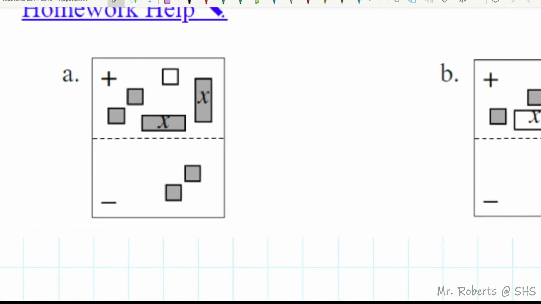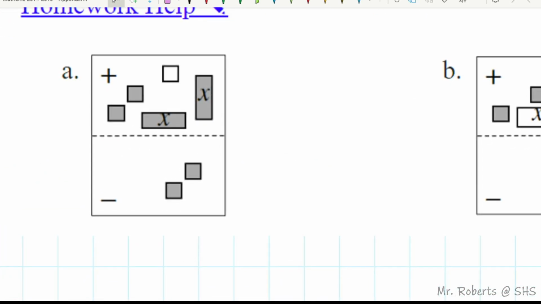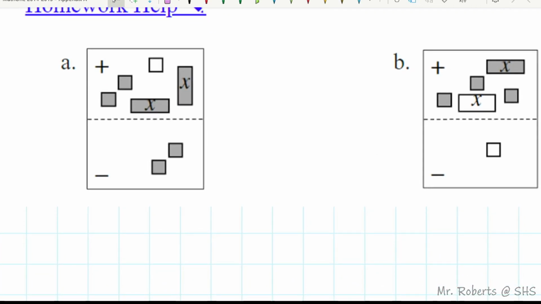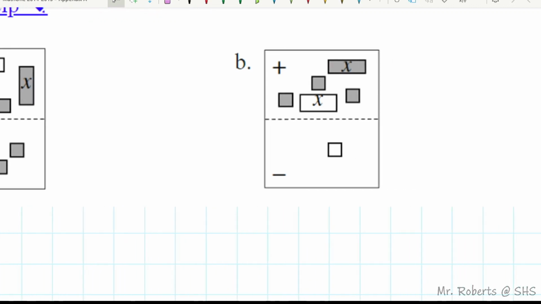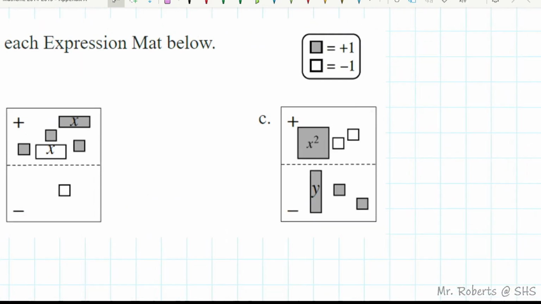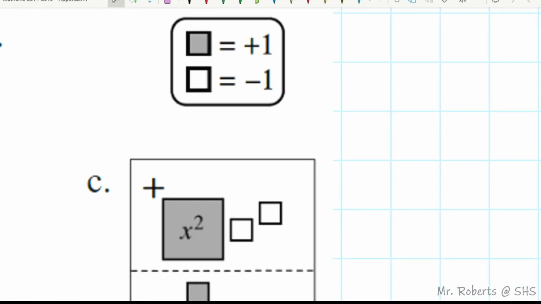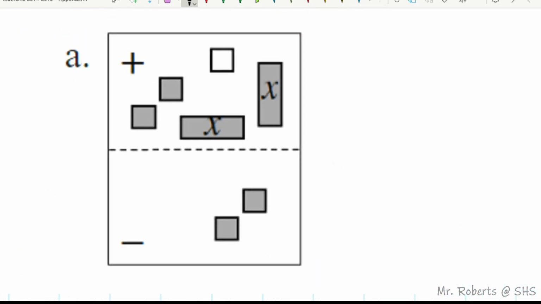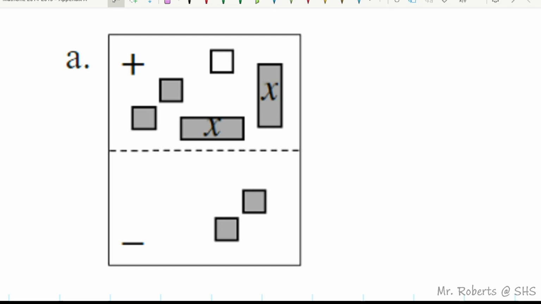So here is an algebra expression mat. It has both the positive and negative region. Remember the negative regions, we write algebraically by using parentheses with a negative out in front. And a reminder that when we look at these as black and white ones, if it's shaded, it has a value and it's positive. And if it's not shaded, if it's open, it's a -1. So remember, shadeds are positive. The ones that are open, -1. So if I look at this very first mat,